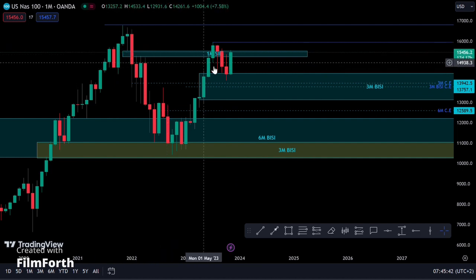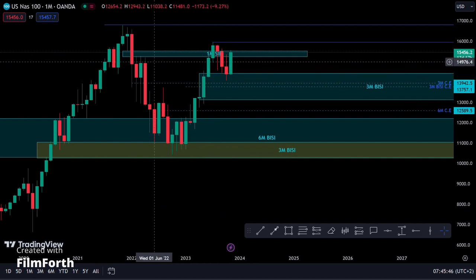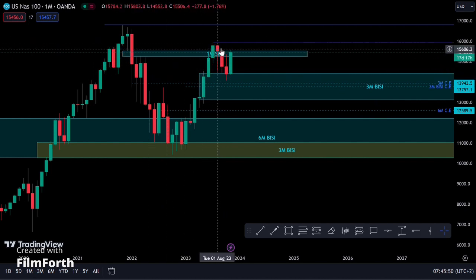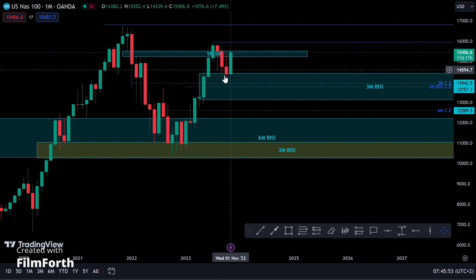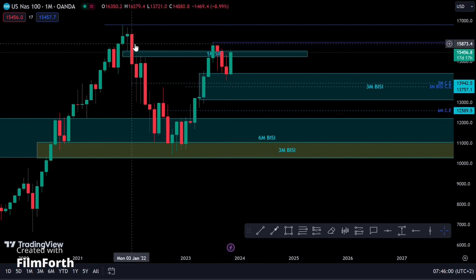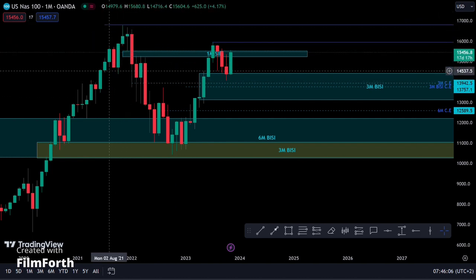And if you look at exactly what happened here in the monthly, you see that it passed this area, like it violated it and closed outside. Then after violating this area, it came back down into a fair value gap to get power to go up and break this high again. But if you look at it clearly, where it turned, you can see that these 3 candles are called, like,